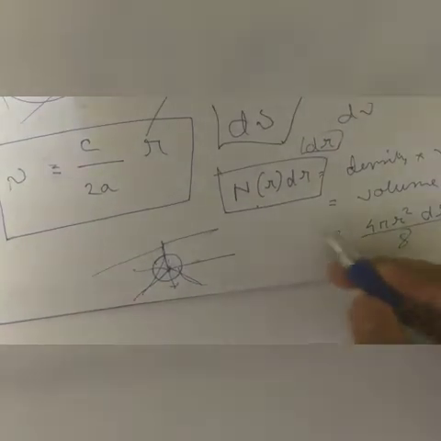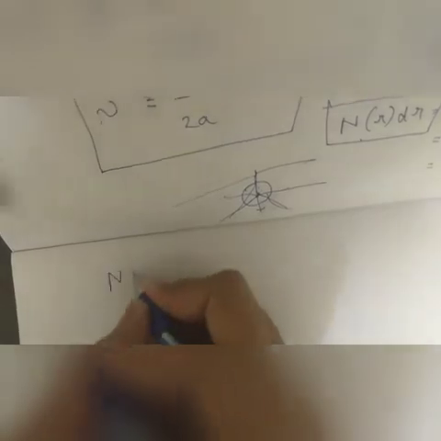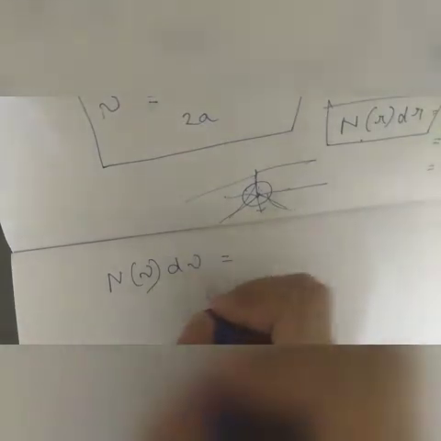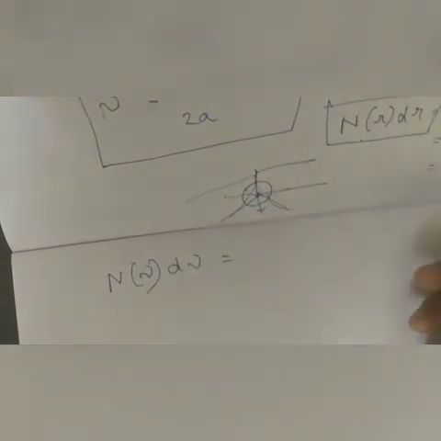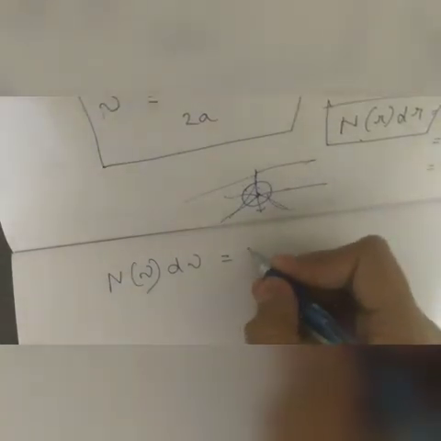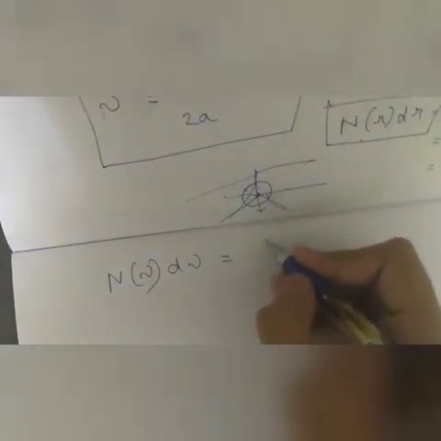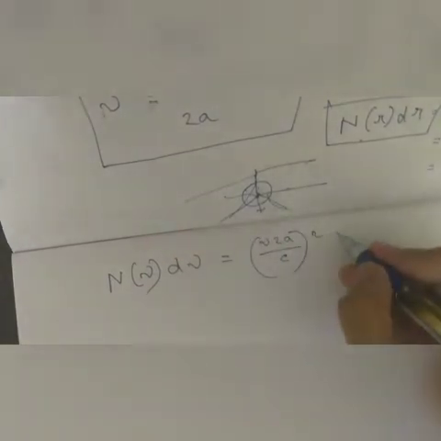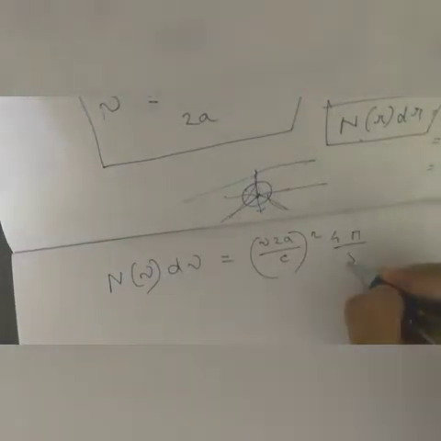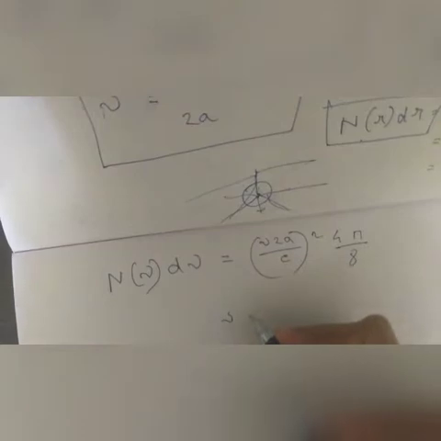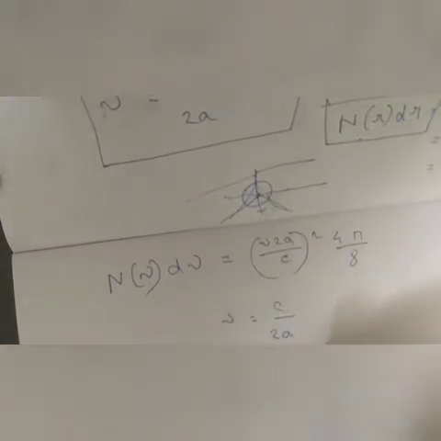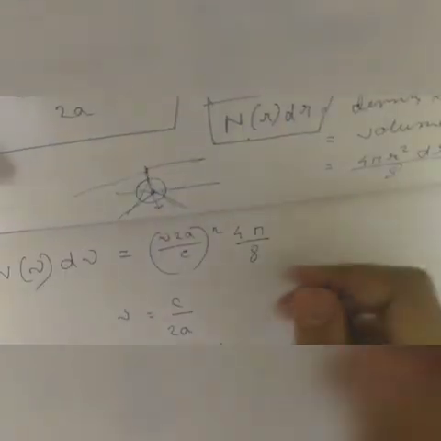Now we will convert this in terms of a change of variable, that will be nu. In terms of r, we had already calculated that r is equals to nu into twice a divided by c. The r square term is there, with 4 pi by 8 times already there. Dr will be like, nu as c by twice a, so dr will be nothing but twice a by c d nu. So what we will get is